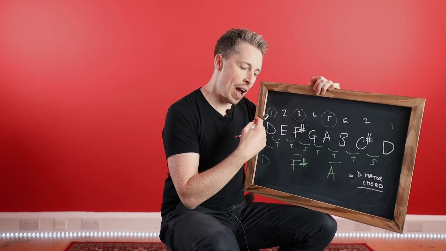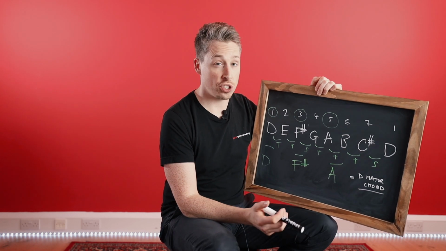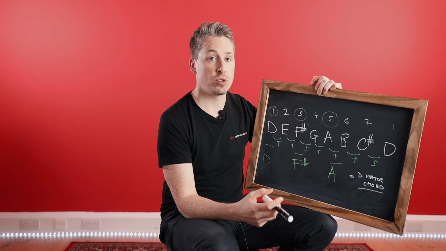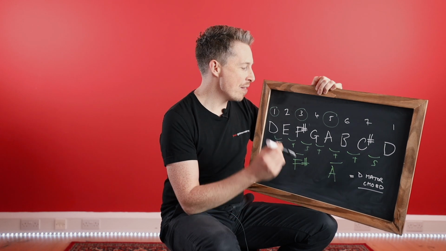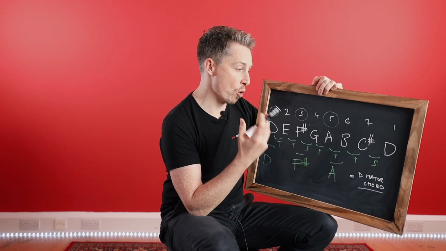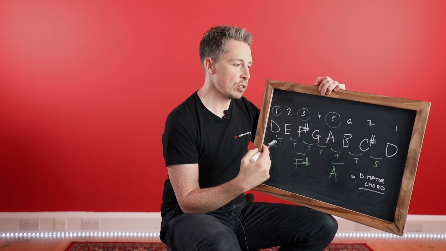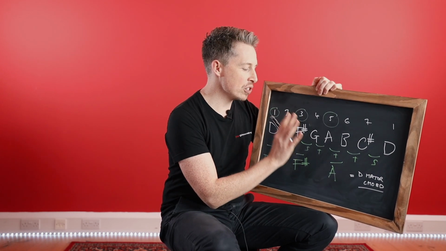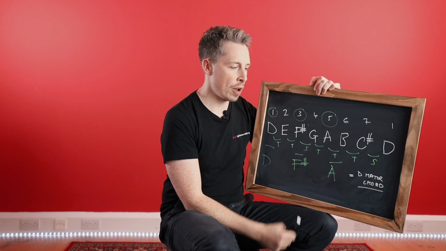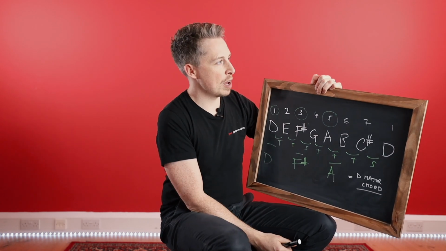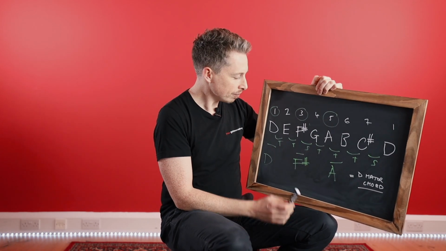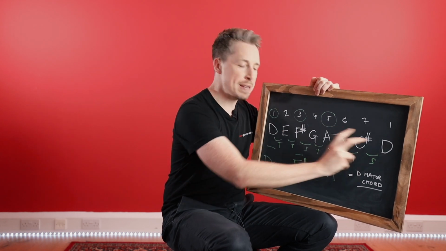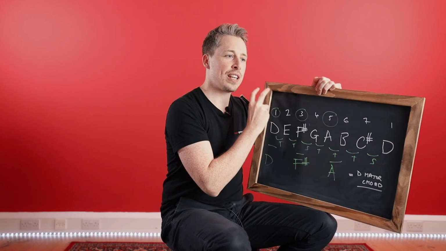So again, you have this formula to create your major scale, which is tone, tone, semitone, tone, tone, tone, semitone. And then you have a formula to create a major chord. You simply take the root, the third, and the fifth. If you do that, you will create a major chord. So if you want to, for example, create an E major chord, you'd first write out the E major scale, and then you take the first, third, and fifth from the E major scale,